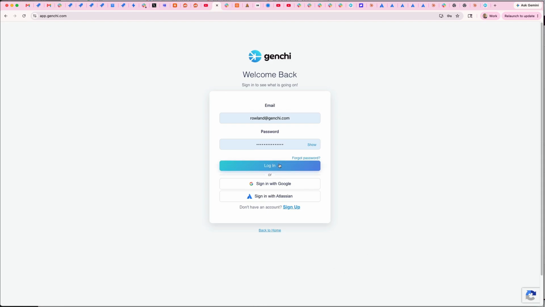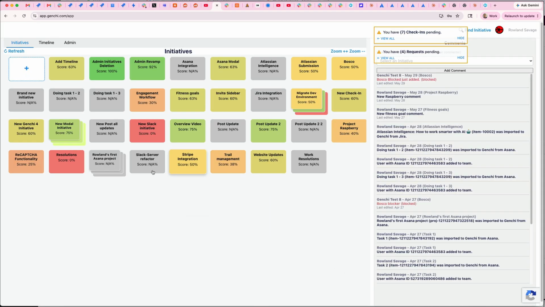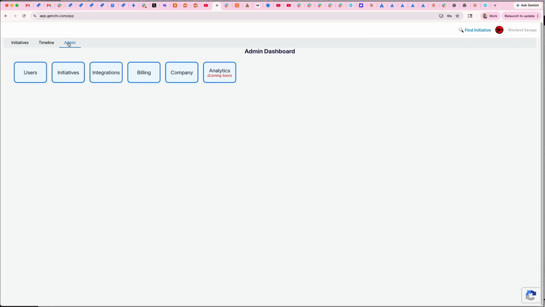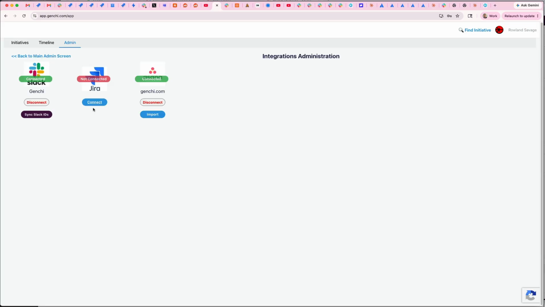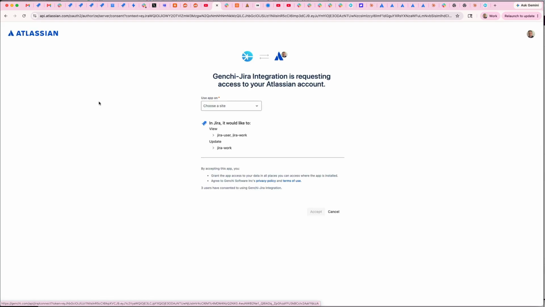Okay, in order to demonstrate the connection between Genchi and Jira, log in first of all, then go to the admin, then integration screen, and select the Jira option. So if you click on connect, you'll be able to select your Jira workspace, accept,